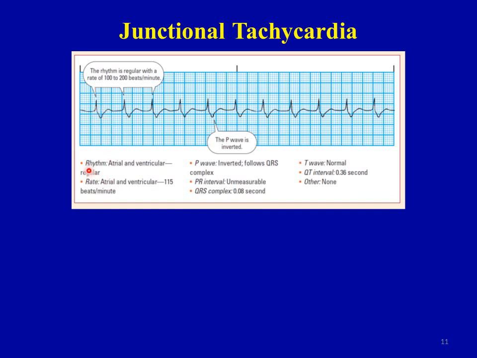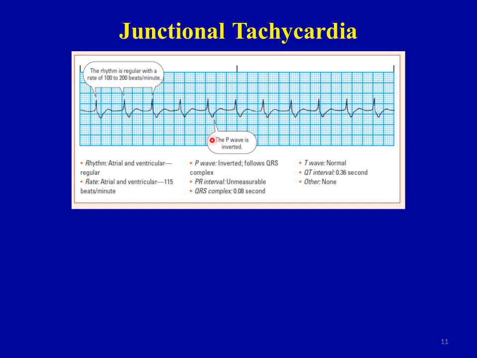So here, the atrial and ventricular rhythms are regular. Rates for both the atria and ventricles are 115 beats per minute. The P waves are inverted and they follow the QRS complexes. The PR interval is unmeasurable since the P waves are coming after the QRS, so you cannot measure that distance